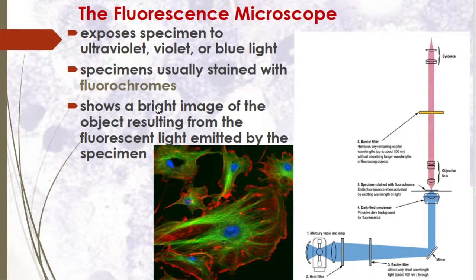that we see a bright image of the object resulting from the fluorescing light emitted by the specimen, and different areas of tissue and different areas of cells are characterized by fluorescence, with different bright coloring. For example, the DNA of nuclei is colored blue. This green color is the microtubules, the cytoskeleton of fibroblast cells. And another, this is